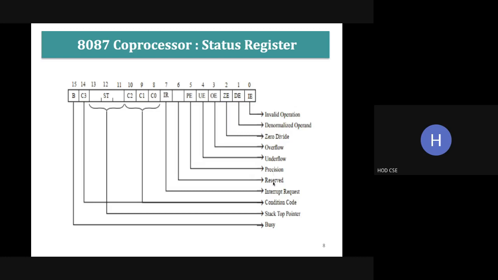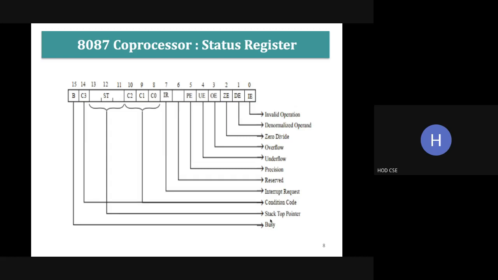The next bit, the sixth bit, is reserved for future use. And next one, IR, is the interrupt request line. And we have the condition codes here, that is C3, C2, C1, C0. Here we don't have the flag register, that is, the carry bit, auxiliary carry, and so on. For compare instructions, and for other instructions also, we need flag bits like parity bit, zero bit, sign bit. For that, we are using these condition code bits, which are represented by 4 bits.